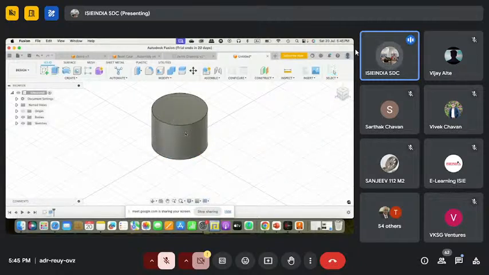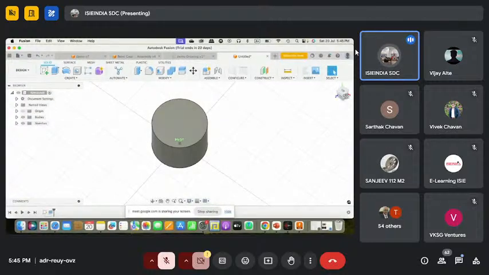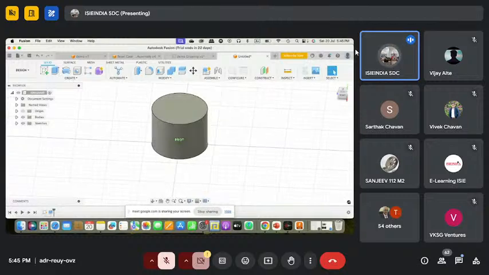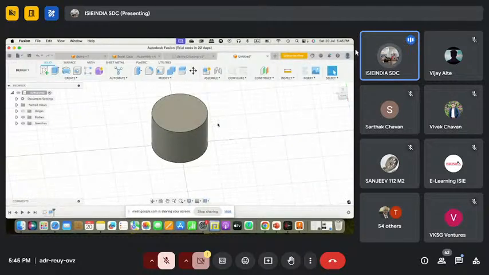So from a circle we have created this cylinder. You can see it is a 3D object. We have created a cylinder. Now what if we want to have another circle, or if we want to see through this circle? This is a solid cylinder, so let's have a hollow cylinder. So what we can do, again,